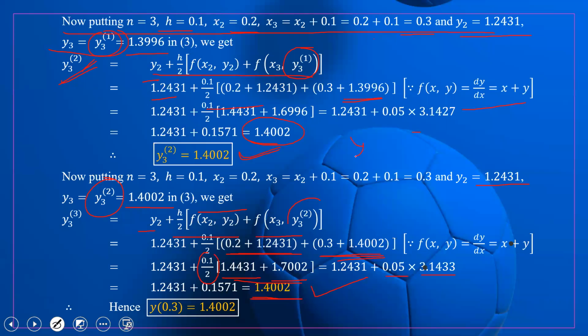Suppose we want to find the value at 0.1, we are getting the exact value. At 0.2, we are getting a value very near to the exact value. Similarly, we are also able to find y at 0.3, and we are also getting a value which is very near to the exact value. So this is what modified Euler's method is. And actually this is an important method, and one question compulsorily comes from the modified Euler's method. So everybody will have to solve at least one question.